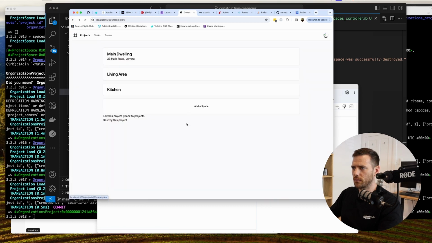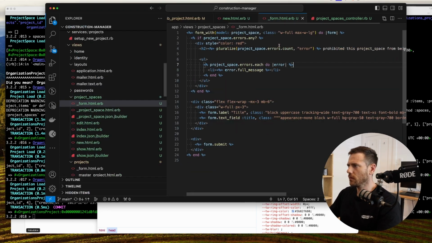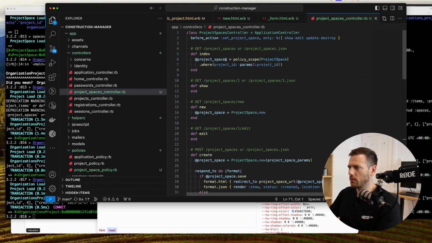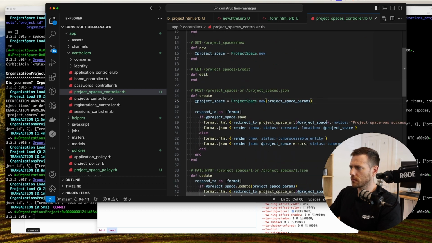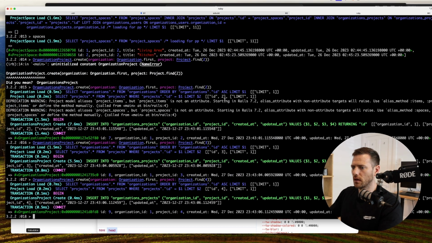So if we go back here, add a space, main bathroom, create project space. So project must exist. Okay, so we need to send that up. So how can we send this up? We can send this up by looking in the project spaces controller. Let's just pull that out there and then say when we create project space dot project ID is params project ID,